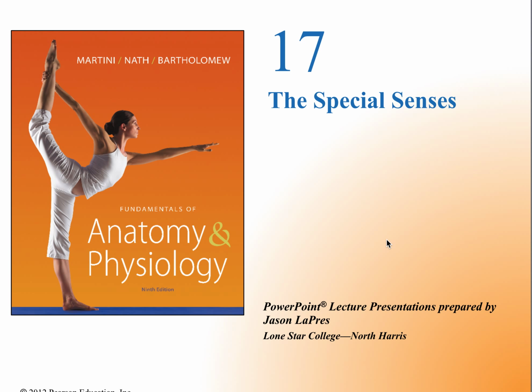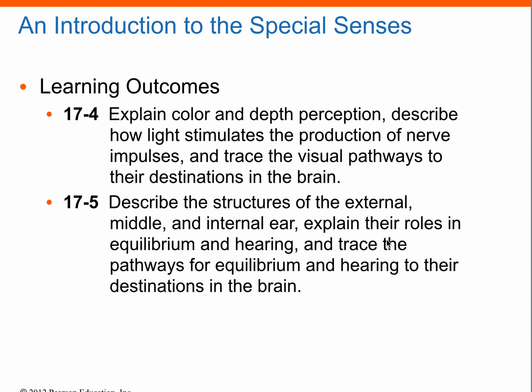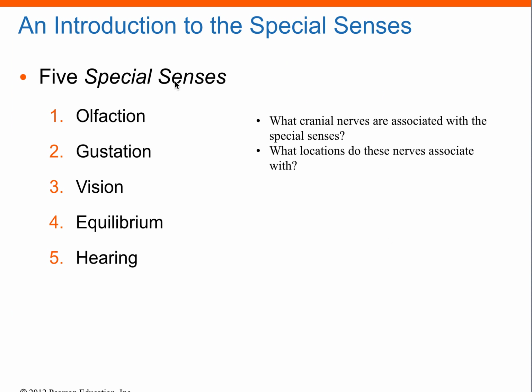Okay, hi guys. Let's get to special senses. This is the last chapter that we have to cover for this unit. So what are we looking at? We're looking at the special senses: olfaction, gustation, which is taste, olfaction was smell, vision is vision, equilibrium and hearing are actually off the same cranial nerve. So first question I have is what cranial nerves are associated with the special senses and what locations do